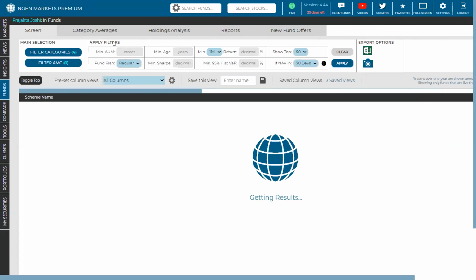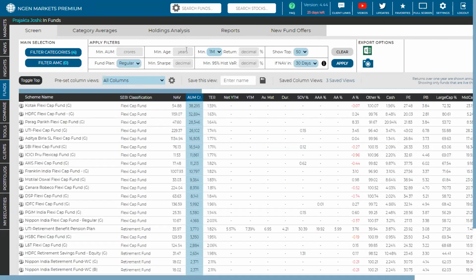Now I will give an understanding of how each of these filter parameters work. The first one over here is minimum AUM. If you are looking at specific schemes which have a certain AUM plus as their assets under management, you just put in a certain criteria, say 1,500 crores, or accordingly increase or decrease